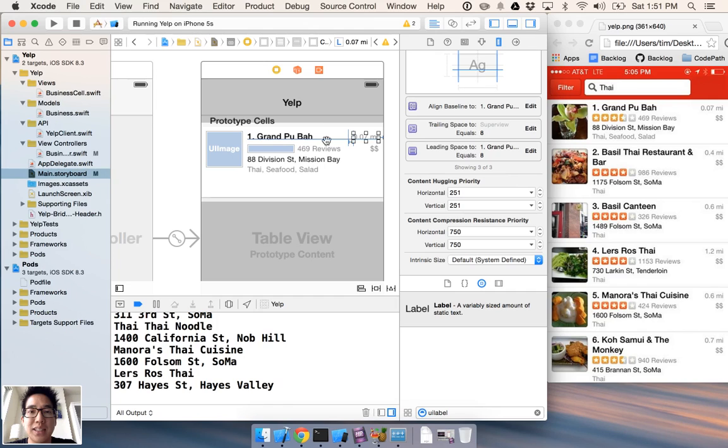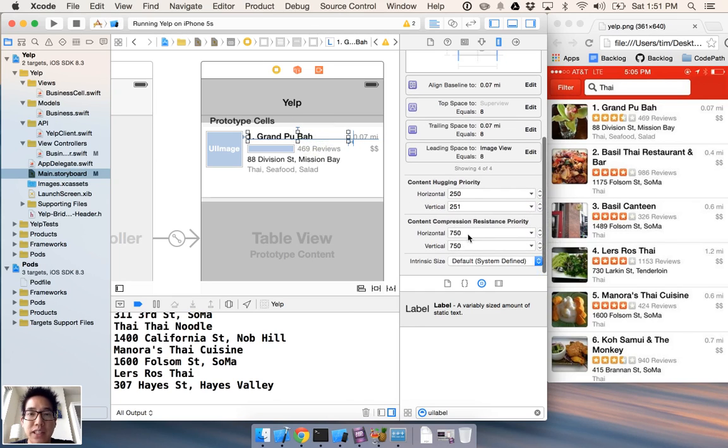And so the problem is that it's still preferring to truncate rather than to wrap this label. And what you have to do is tell this label, hey, I really don't want to truncate, right? So you want to increase the priority of this compression resistance. Again, the value doesn't matter. It just needs to be greater than the value here of 750. So if I run this,